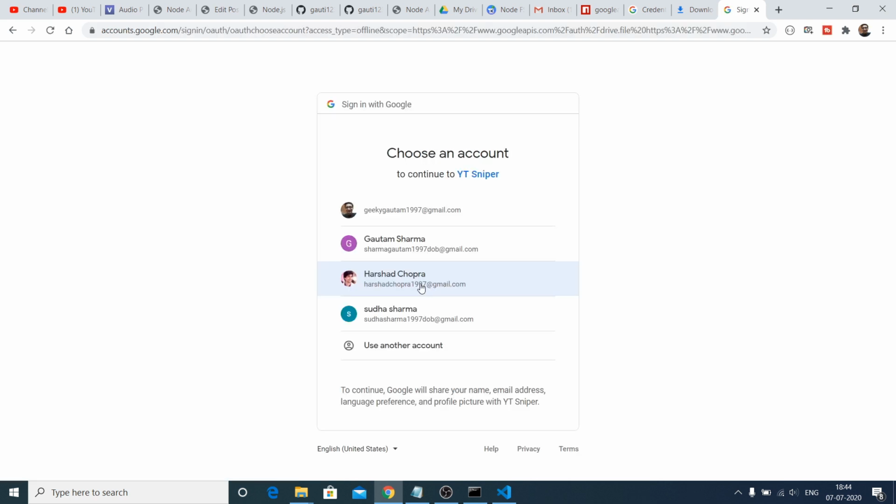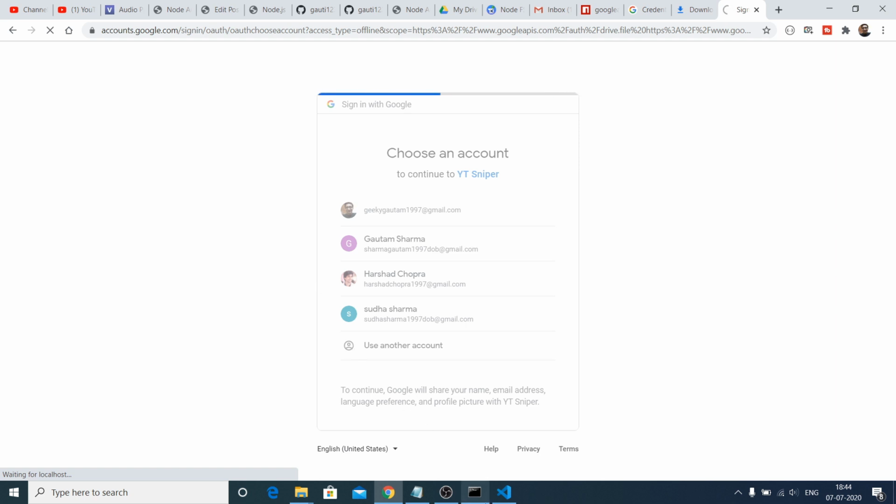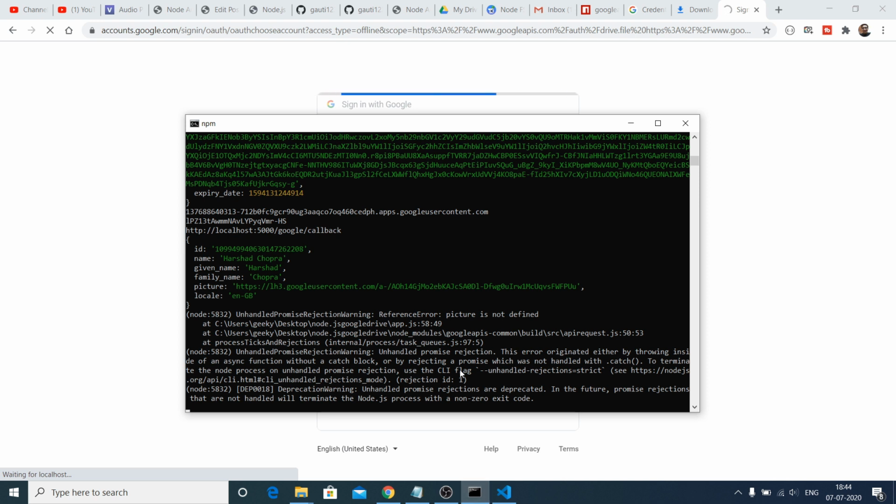if I click this Google button, if I select this account, and now you will see that it will redirect the user. So it is telling me that picture is not defined. Let me just see, guys.